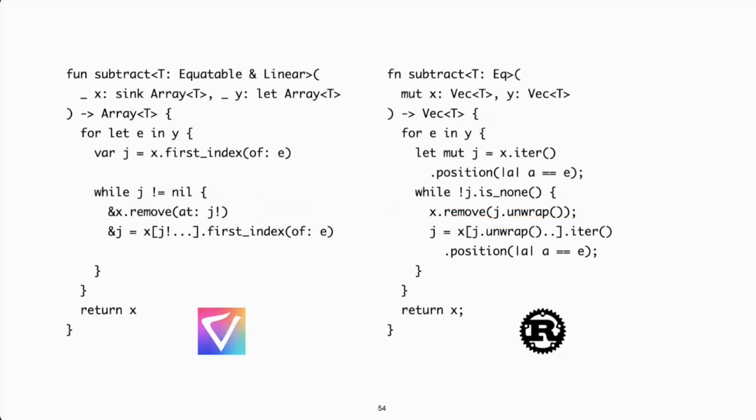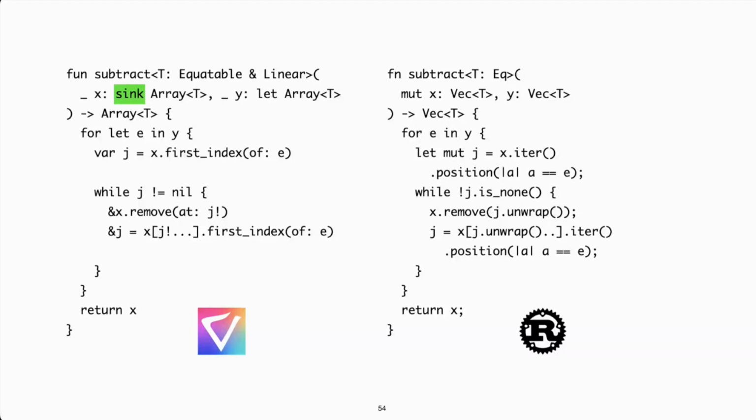So anyway, how does our subtract method from earlier look like in Val? So here again, on the right, we have the Rust version, and on the left, we have the Val version. The Val version is quite similar to Rust and C++. So let's focus on the significant differences only. The sink keyword here specifies a parameter passing convention. All types in Val are linear, just like in Rust. However, unlike in Rust, Val never copies anything implicitly, including simple types like numbers and booleans. So absolutely all copies are explicit in Val.